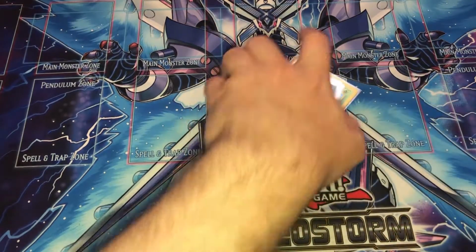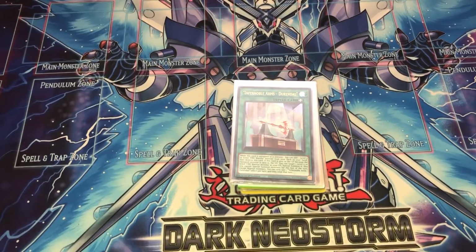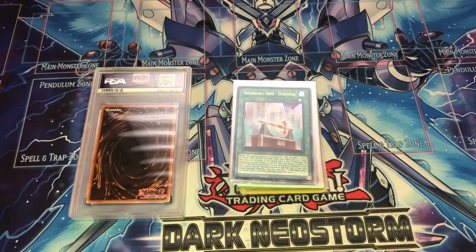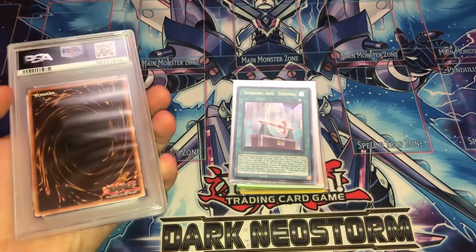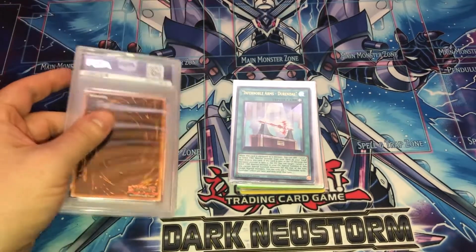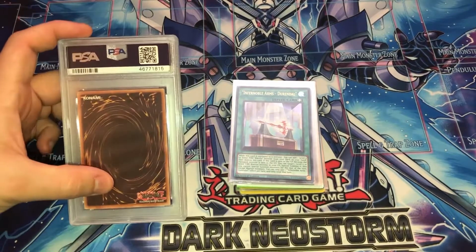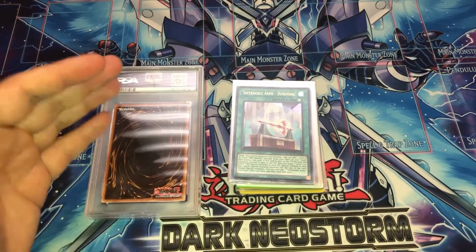Alrighty guys, so we have a nice little stack of cards here. I just wanted to show things I've been picking up over the last week or so. Actually, I also have these two right here. These are some PSA cards, and the reason I want to show these off is to show that these are not PSA 10s or anything, but it kind of goes down to that logic where if you ever do want to buy graded cards for cards that you love,